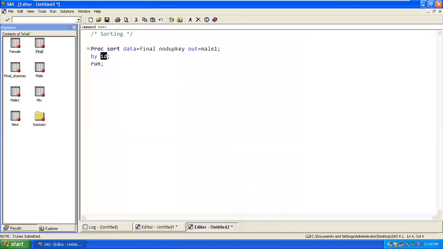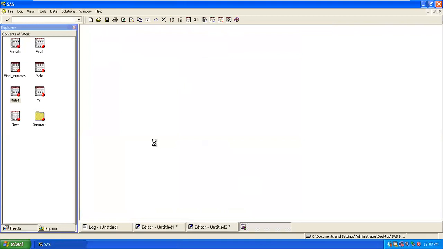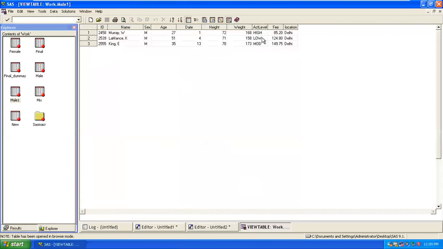Here we are going to focus on only the act label. Now if you execute this and look at this mail, you only have 3 observations, correct? Because if you're writing key, it applies only on this particular variable. If there is any duplicate, it removes it.